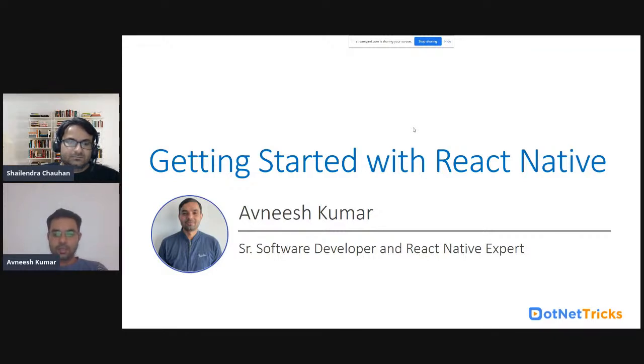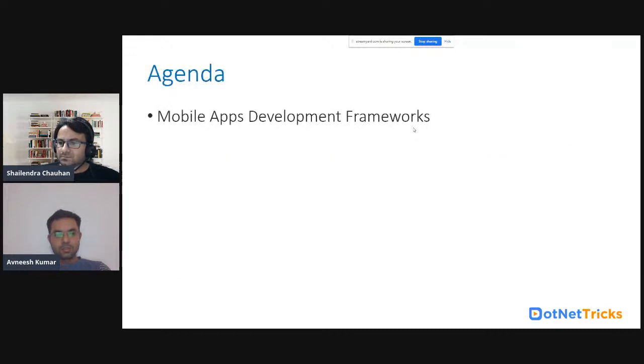So let's start with the basic things, and I'll tell you the agenda of this webinar. The very first point will be mobile app development frameworks. So what are the different frameworks that we can use in mobile development? I'll tell you about those.